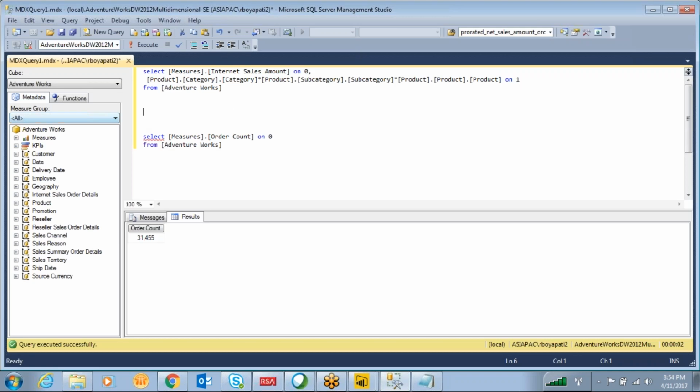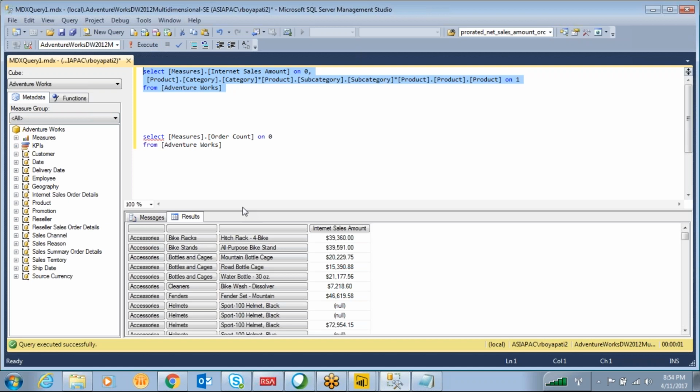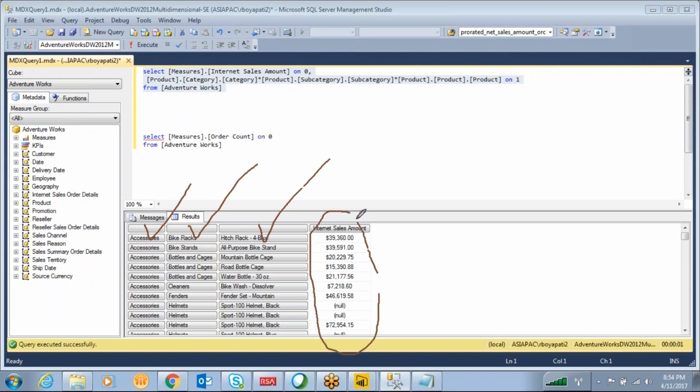I have the Adventure Works cube. So my cube name is Adventure Works. Right, so I have two queries. This first query will give the information about each category. This is the category, this is the subcategory, and this is each product, and for each product,